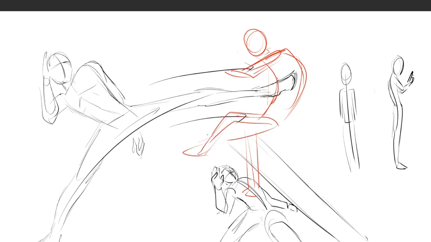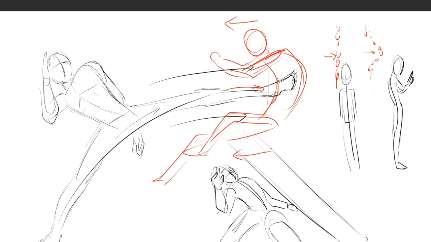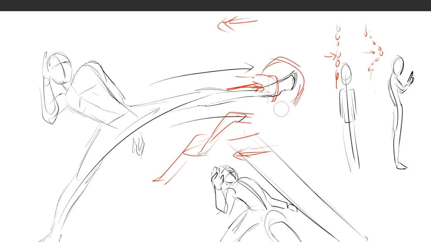So it's kind of like a chain, where if a chain dangles, let me just erase this. If a chain dangles and then you hit the chain, the part that is hit moves first, and then followed by the rest of the chain. So the rest of the chain is being pulled towards this area. But in a drawing, you can't really see the being pulled part. So you just have to think that, okay, the body is pushed here, but the rest has the position of being pushed in this direction. And if you want to make it more intense, maybe you can just bend it a little bit more, like this. It's so bent that maybe it's wrapping around,